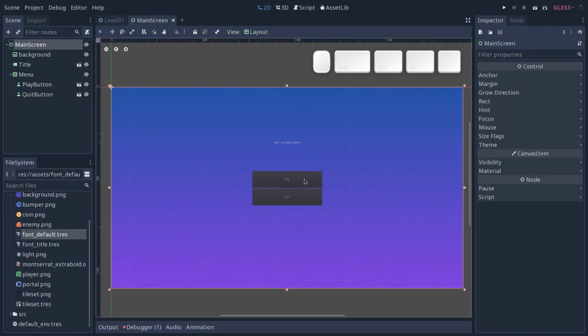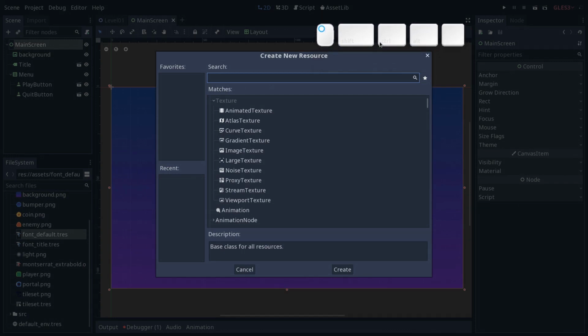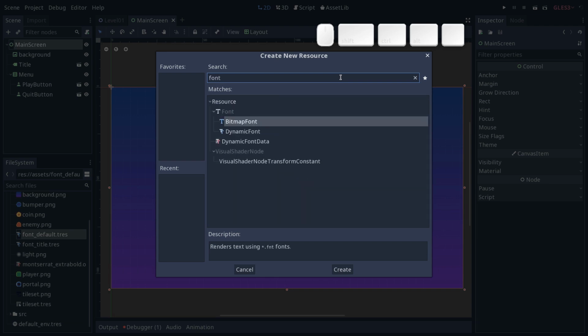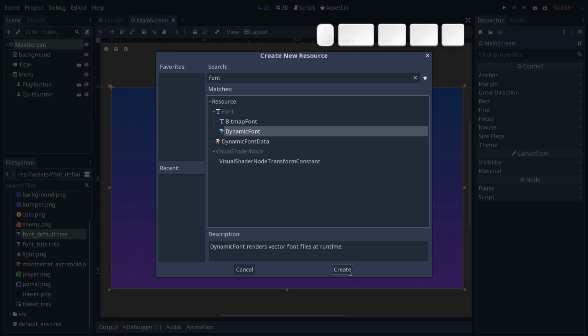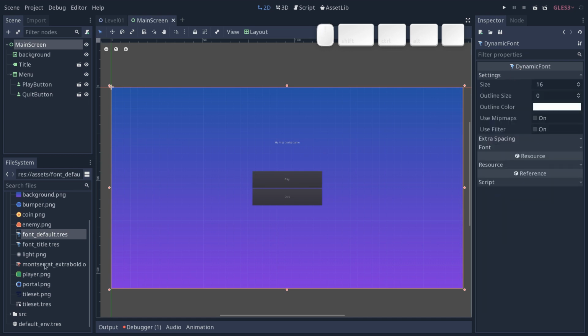So coming back to our project, let's, in the inspector, use the Add Resource button. It's in the top left corner. Click that, and you want first to add a font. We're going to see how to create a text font. So you type font, and we want to use dynamic font. Create that. So this is the type of resource you use if you want to use a font like a